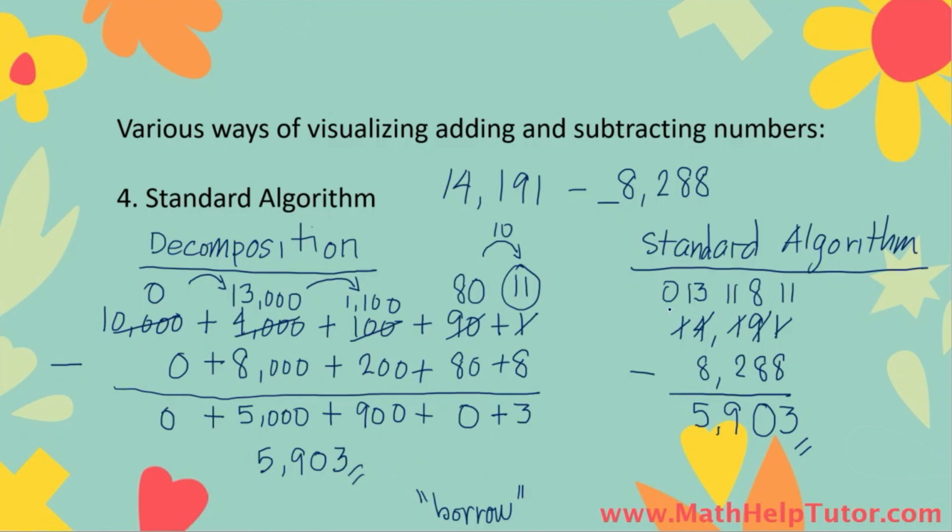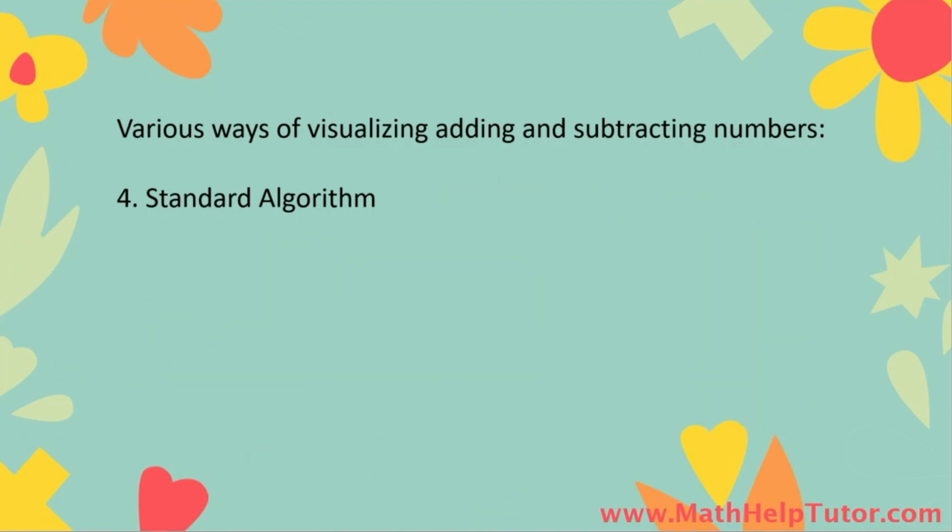And you can see all the borrowing of numbers on top of our standard algorithm is very much the same as that in the decomposition method. Let's now try a few more examples using just the standard algorithm. Let's add 3,255,671 and 2,975,411. So again, using the standard algorithm, we are going to add each digit beginning from the ones place, and